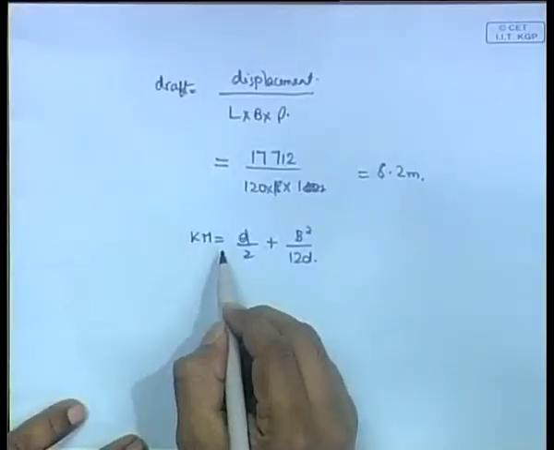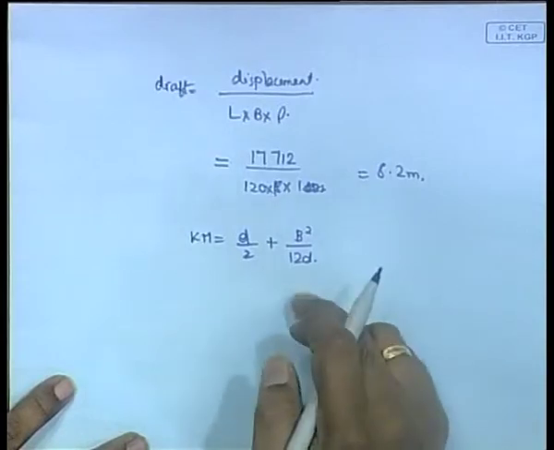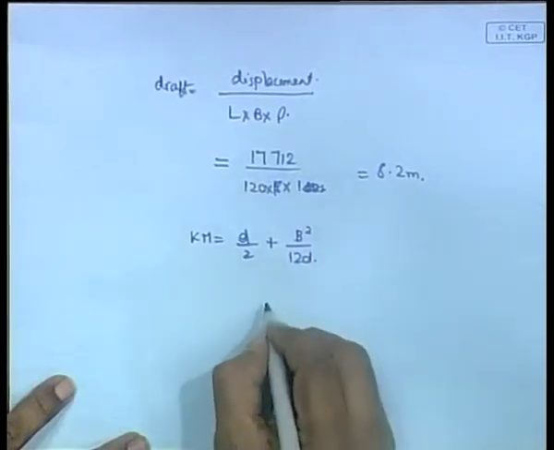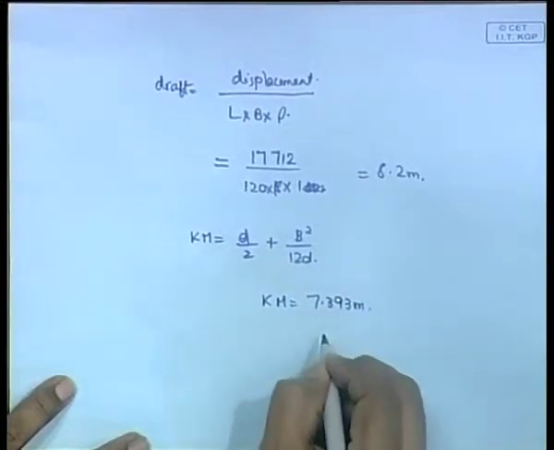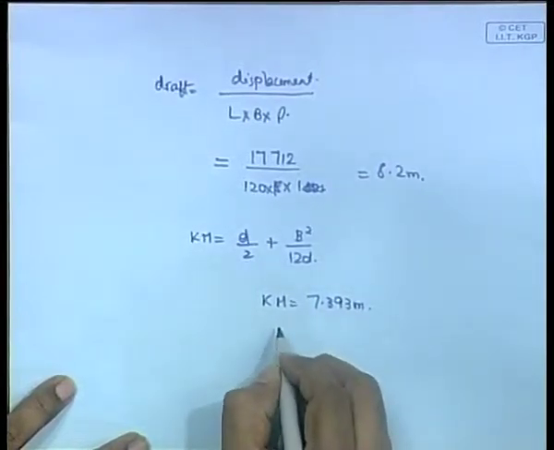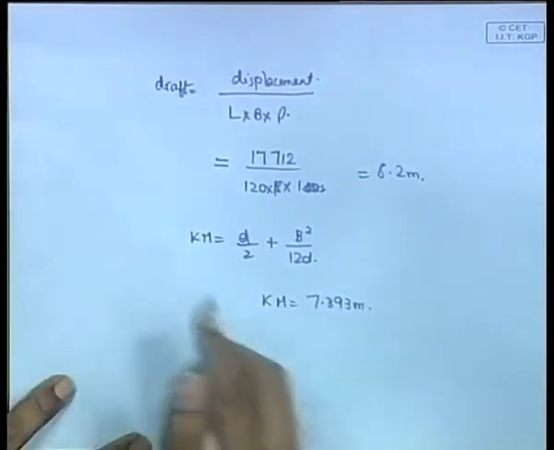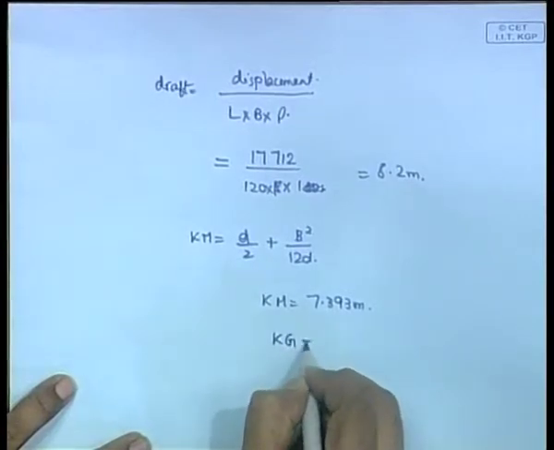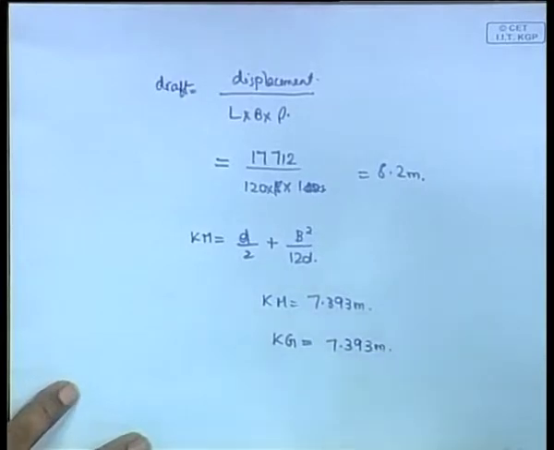So, you have a ship, you have added weight, once the weight is added, now let us find the final Km. So, Km, that means you have to find the final draft. Draft is 8.2 meters here. So, this 8.2 plus this thing will give you Km equals 7.393 meters, and Kg is given, Kg we just calculated. Kg turns out it also comes down to 7.393 meters, which means that Km is equal to Kg.